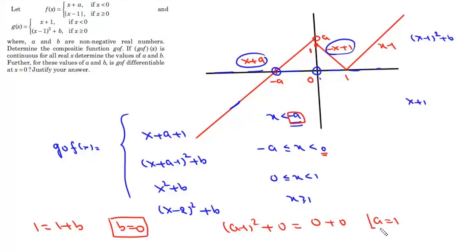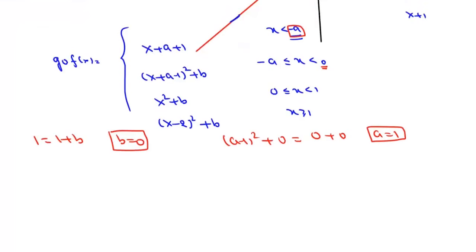So value of a must be 1. So from this we can get the value of a as 1 and value of b as 0. So if we have the value of a and b, we can write g of f(x). Now this g of f(x) will be